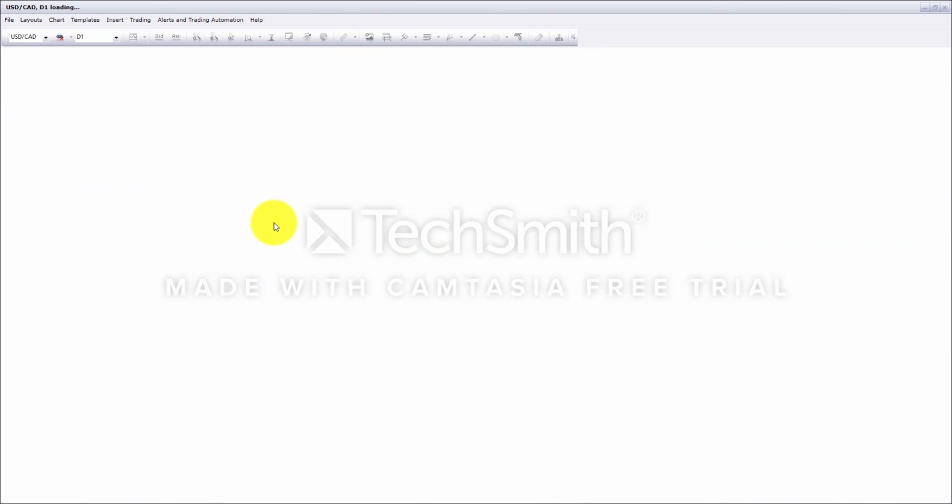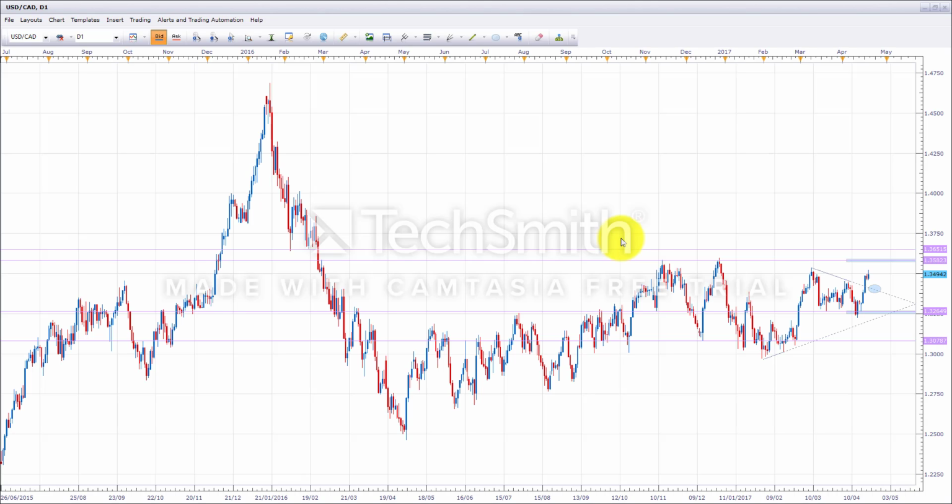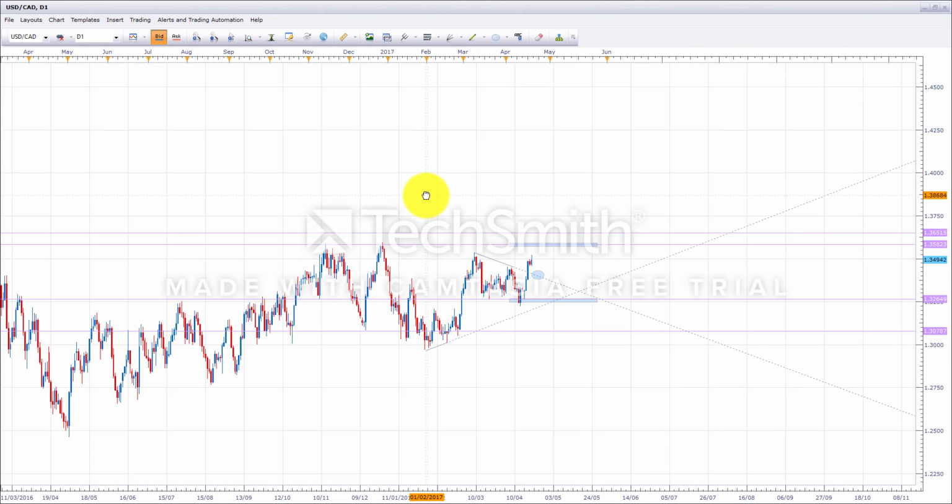Next pair I'd like to look at is the US dollar CAD. Now, we are expecting a US dollar weakness next week. However, everything here is setting up for a potential buy in the US dollar CAD. It does mean that the CAD is probably just going to be weaker than the dollar next week. You can see price bounced from the 1.3264 level over here. It broke out of this downward sloping trend line here, and now it is hanging midway between the downward sloping trend line and the